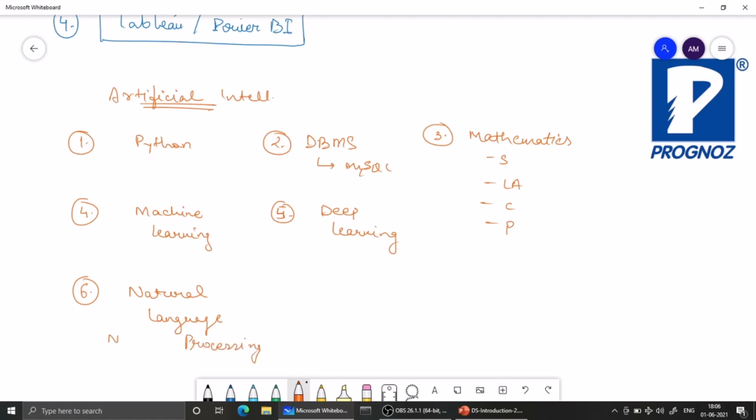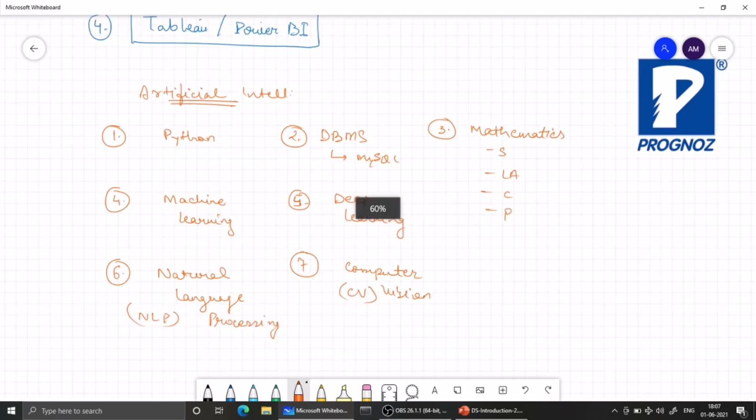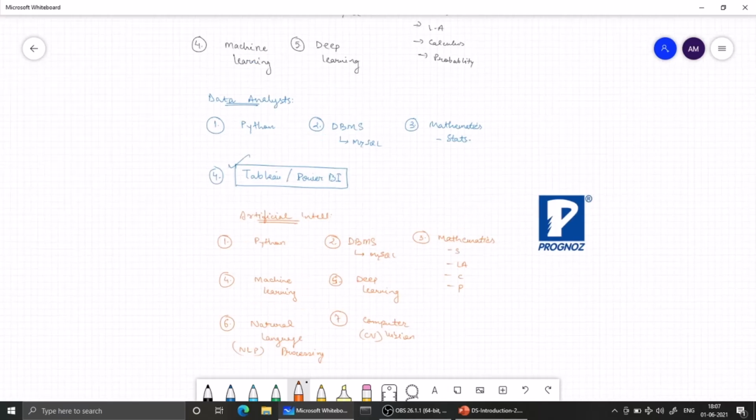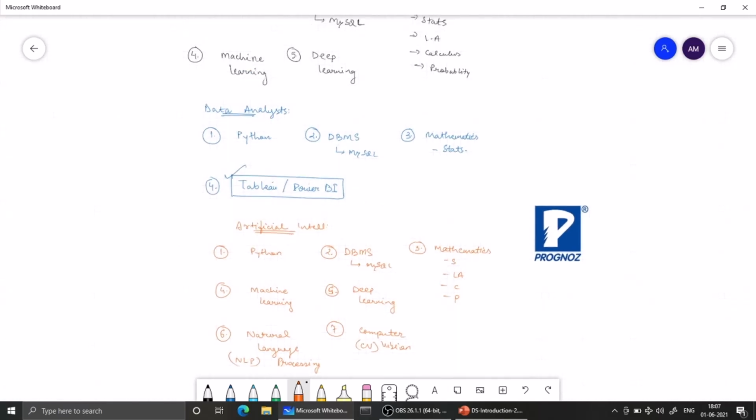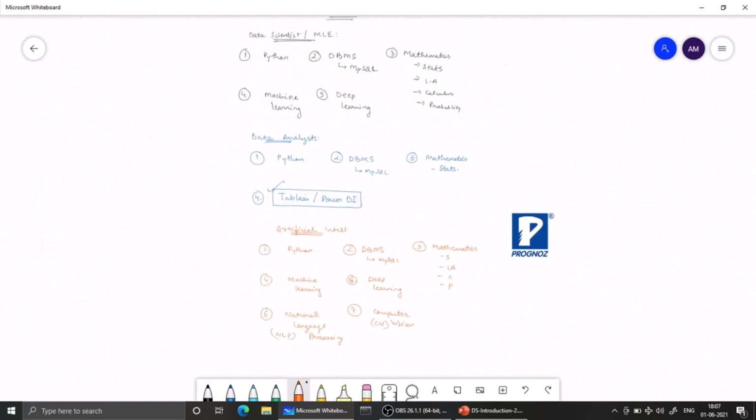Okay, which is your NLP, and you should also be aware of computer vision. Okay, this is what is required from a person who is into artificial intelligence. So you can see for all 3 of them, there is something which is overlapping. There are a few things I would say which are overlapping, but then again, there are some speciality in